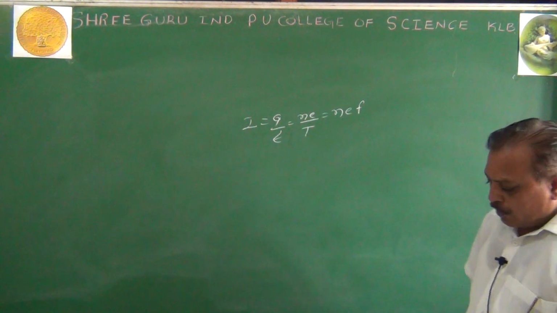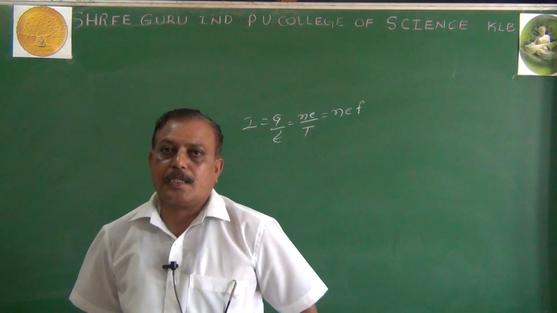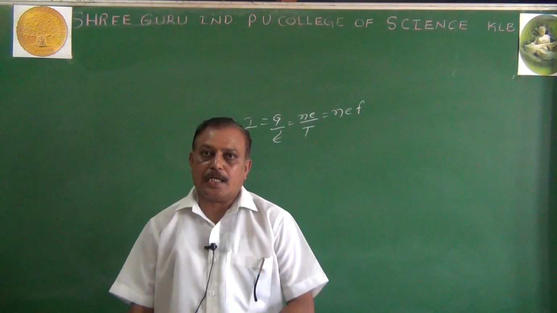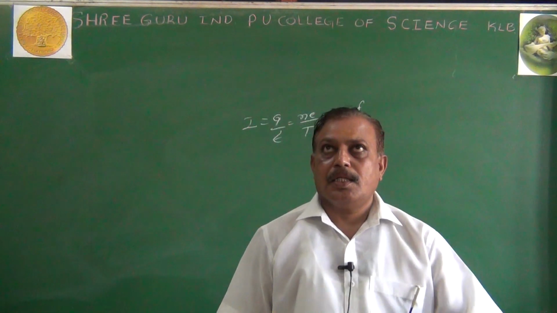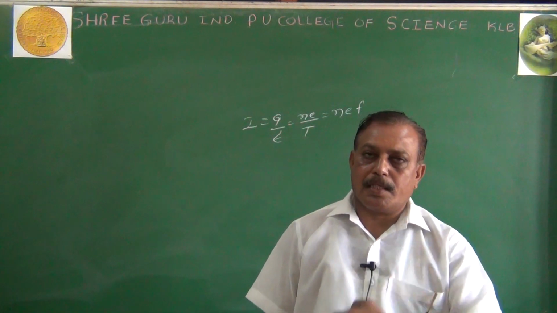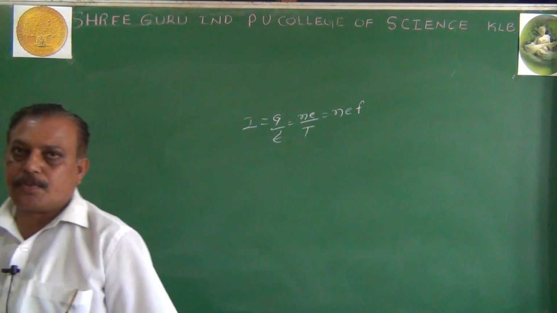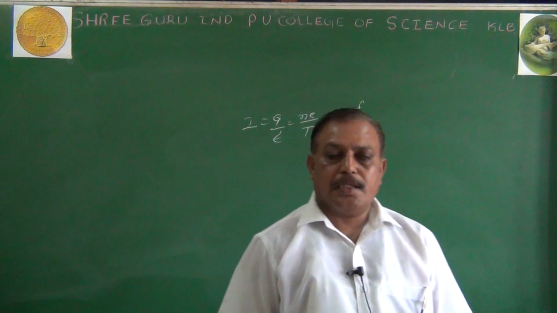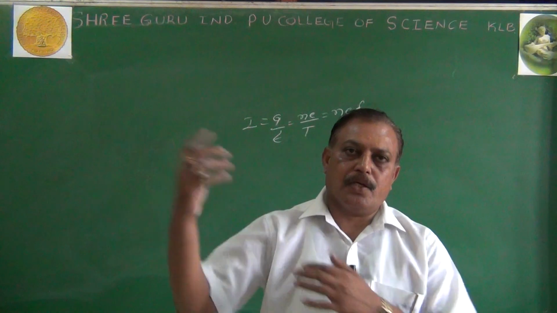Then after that we come across the types of current. One is the steady current, that is direct current. Another one is alternating current. In direct current, the magnitude and the direction remain the same, there is no change. In alternating current, there is a change in magnitude and it also reverses polarity for every half cycle. Then AC, we know that. Your cell provides the DC, and AC comes from AC generators. They provide the AC. That we have in a separate section.